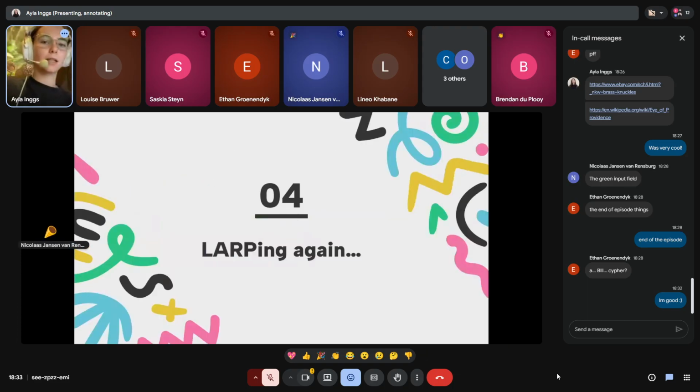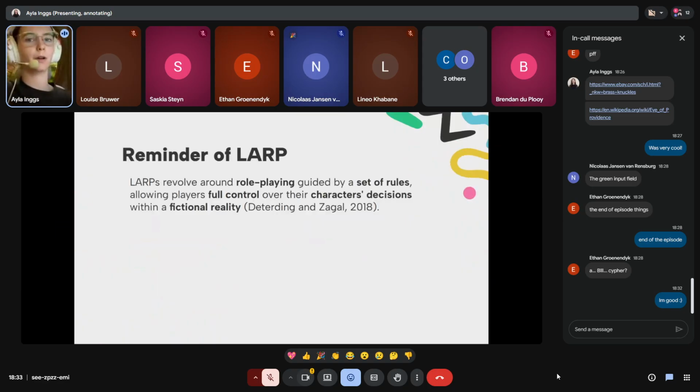Cool. So let's go back to LARPing. I know not everyone might remember what LARPing is, but LARPing is a role playing game guided by a set of rules that gives the people playing these characters full control over the decisions that the character makes, the behavior of the characters, and it's normally set in a fictional reality or a real life setting.